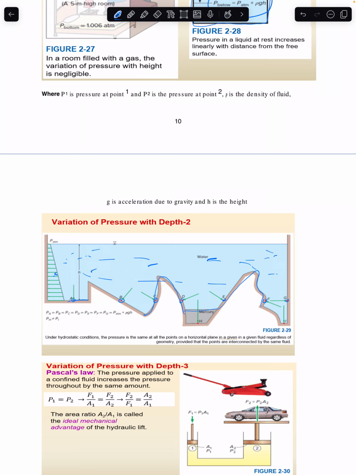So look at the reference height is the same. So therefore, the pressure at point A equals pressure at point B equals pressure at point C equals pressure at point D, as long as the fluid we have is the same